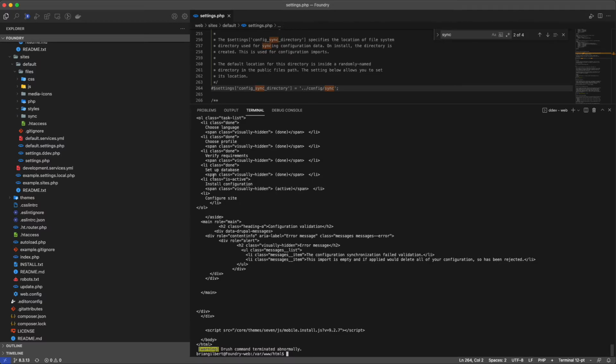I can't find any information about if there's some other way it should be done, but it seems like the actual behavior is, you have to manually copy the sync out into the configured sync directory, which doesn't really work very well when running a site install. It's a lot of manual tasks. So it seems like what I would call a bug. So hopefully the video helps and we can